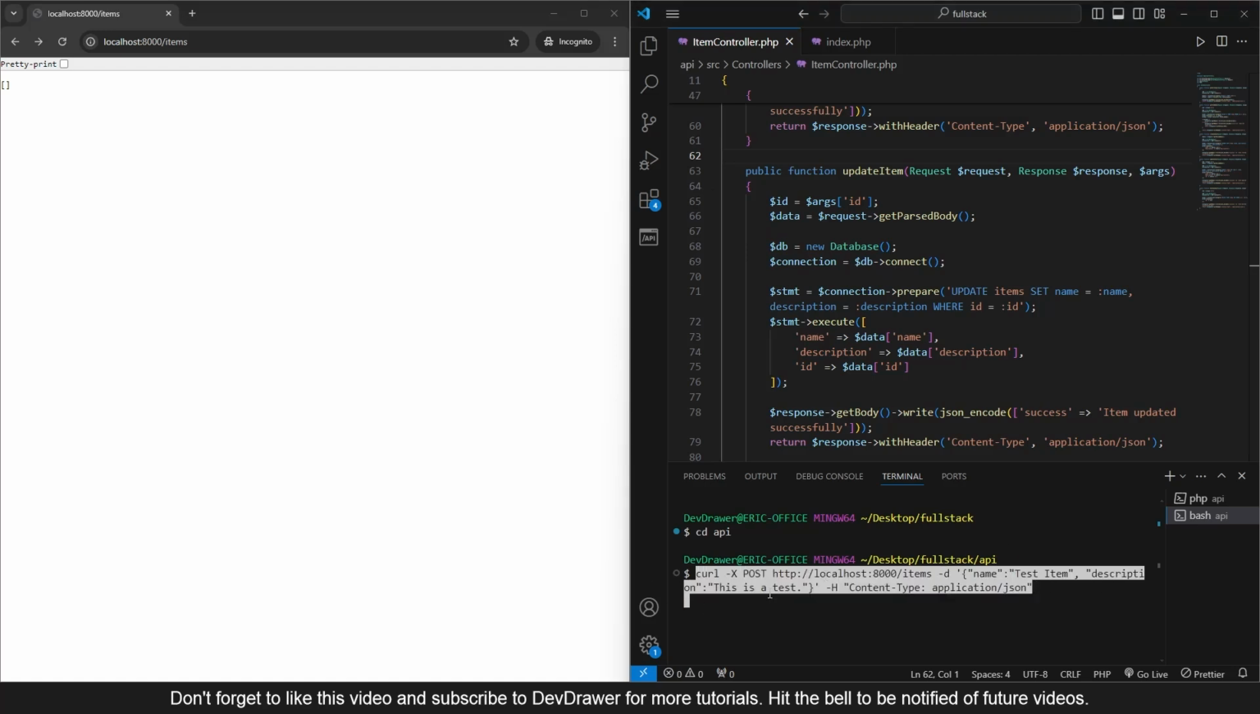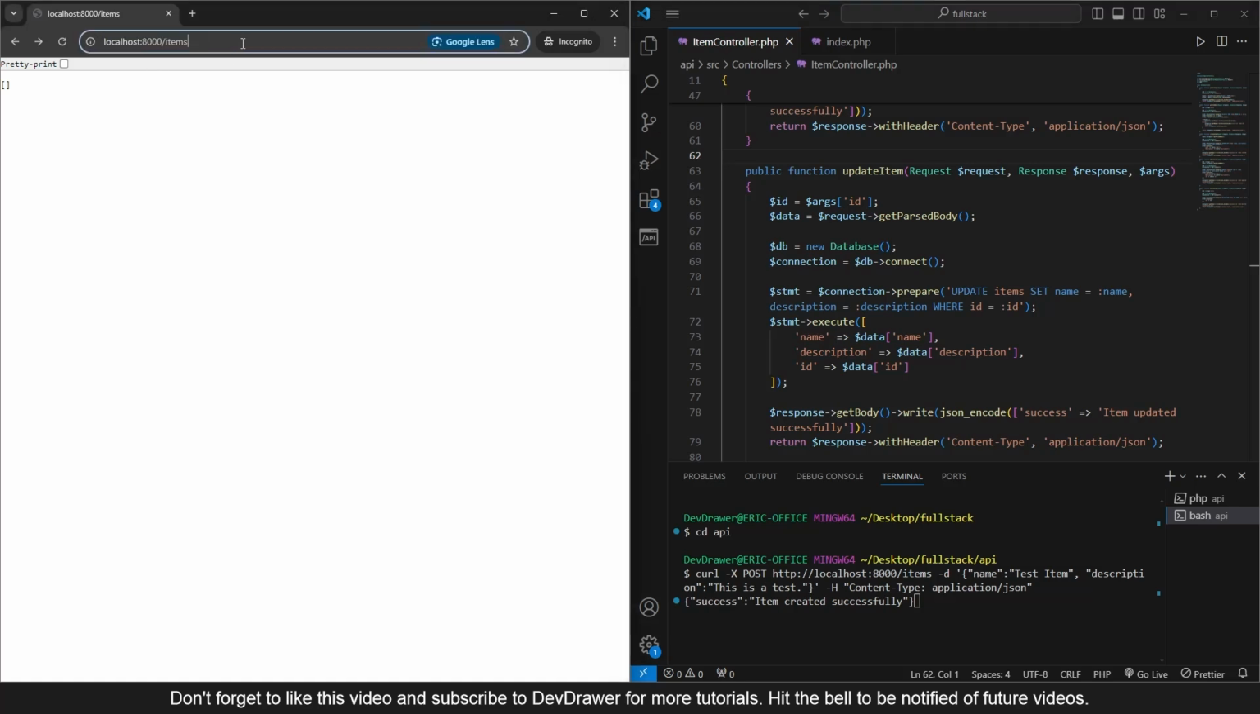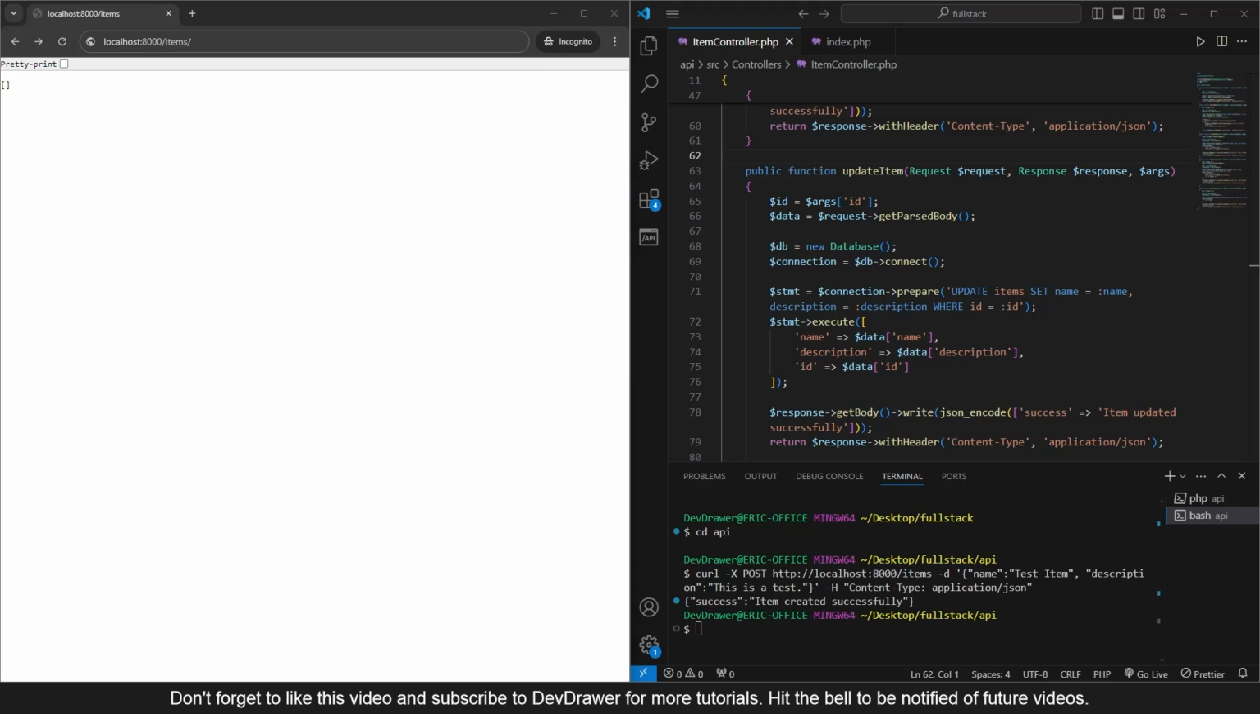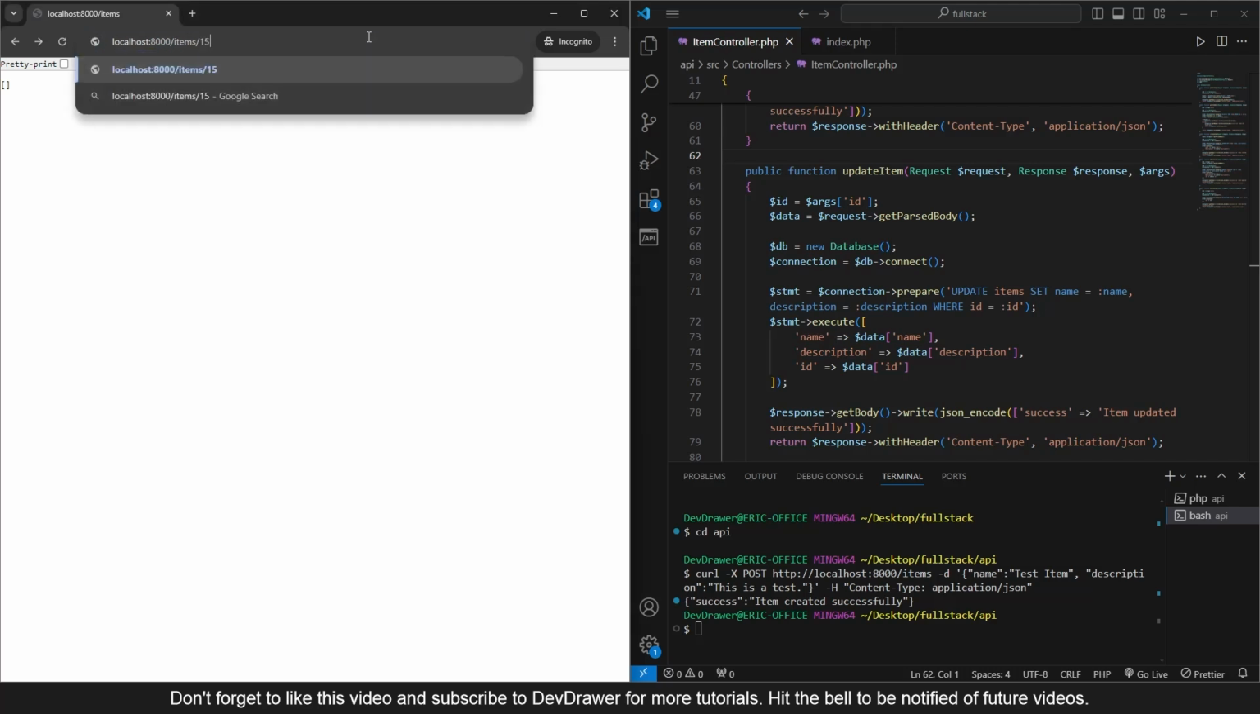So test item, this is a test, and if we run that, it should work. Okay, so item created successfully. So now if we go over here to slash, let me see what that ID would be. I'm looking in my database right now, so it's ID 15. So 15,